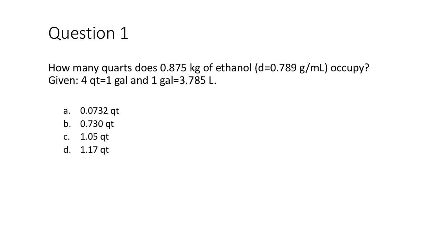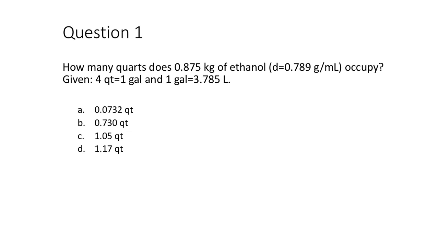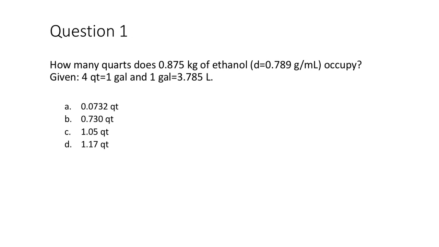We're given the density of ethanol, that's a property of the substance, an intensive property of ethanol. We're given 4 quarts is precisely 1 gallon, that's exact, and 1 gallon is 3.785 liters. Maybe not a super big detail, but that's actually rounded. If we wanted to look it up more precisely, we could, but this is certainly enough placeholders for our problem